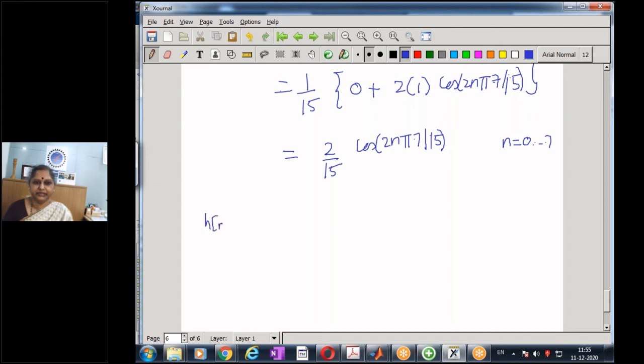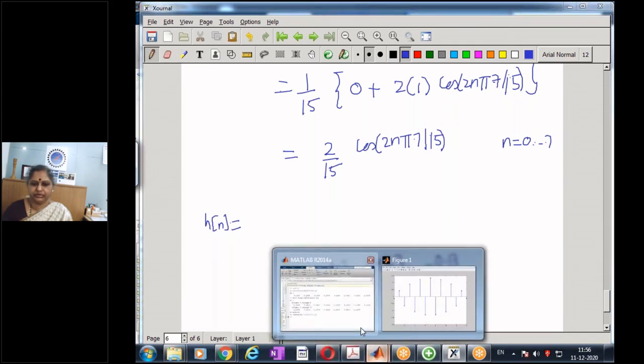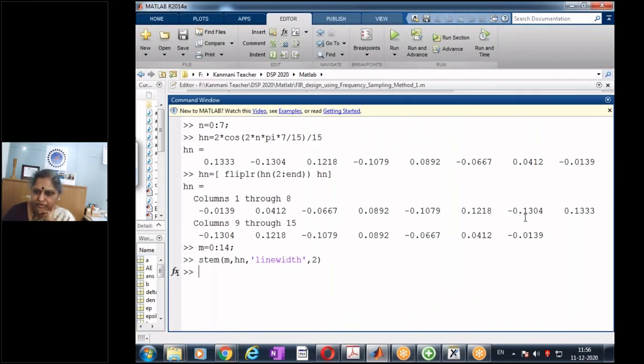How do I write it? H of n is given by: my center value is 0.133, then minus 0.113, minus 0.13, and then I have a 0.12 and minus 0.110,